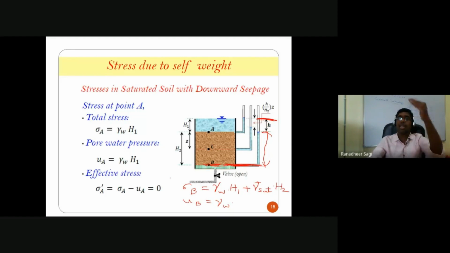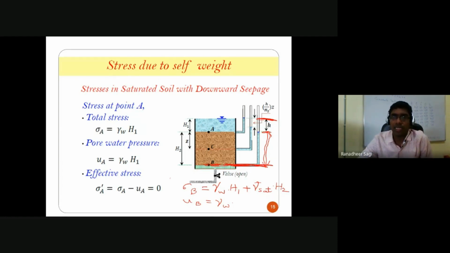Because there is a head loss existing when the flow is taking place through the soil sample, and that head loss is what we have indicated as small h. So automatically, how much is my pressure head corresponding to the position of point B? What will be the rise in water level when the standpipe is inserted at point B? Water would rise in the standpipe only till this much height, and that height is what I can write as